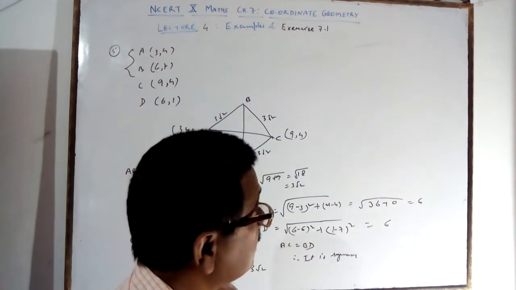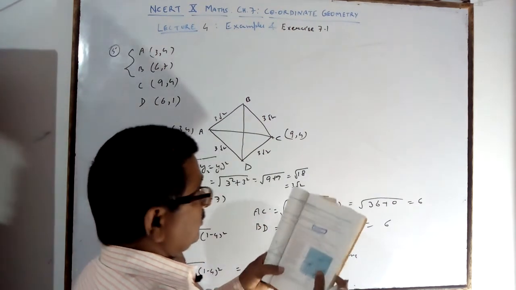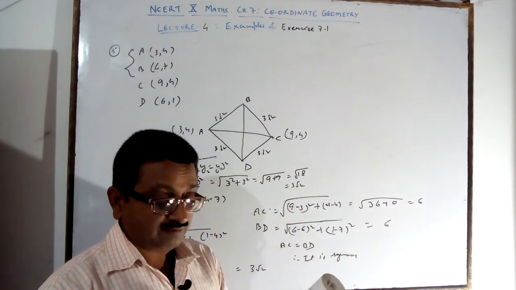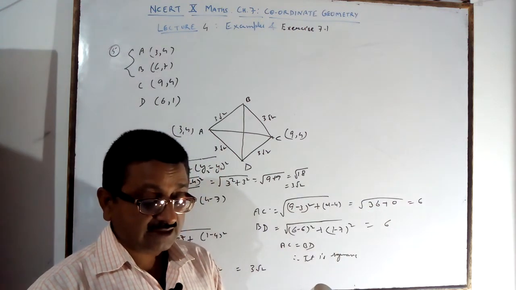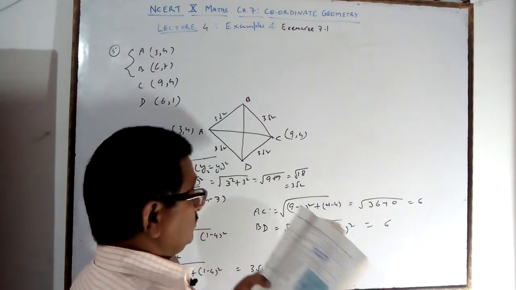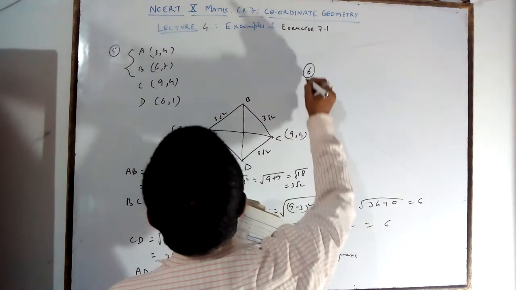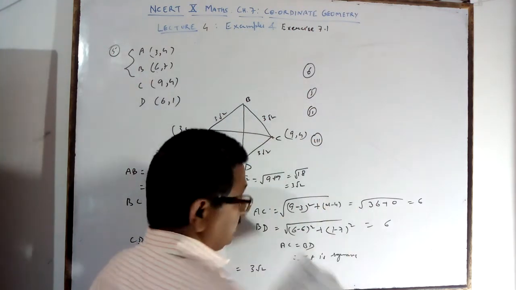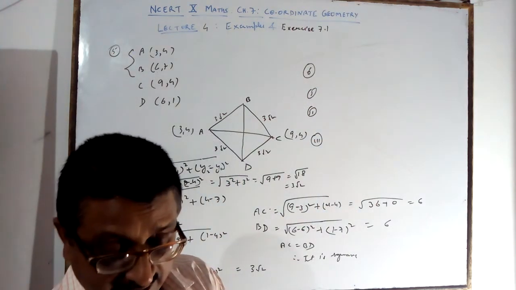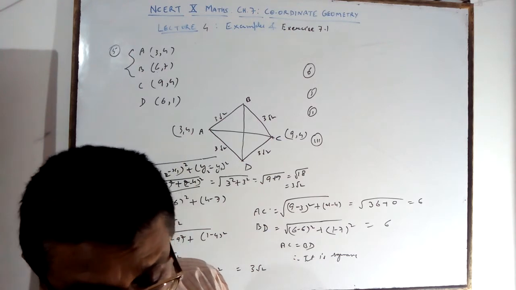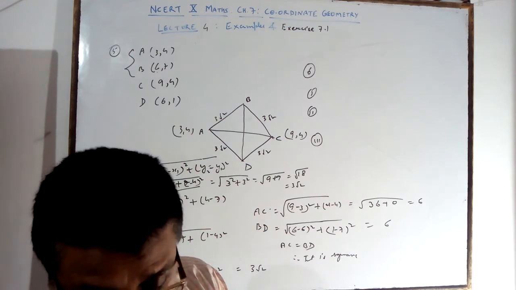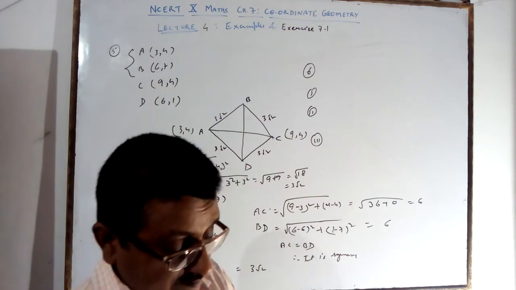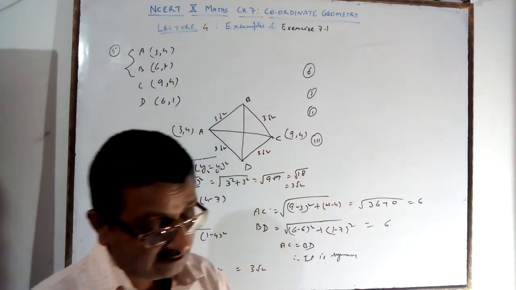Question number 6 is also given based on this. Name the type of quadrilateral formed, if any, by the following points, and give reasons. The points include -1, -2. Here the 6th question is given, with first part, second part and third part. You are getting questions on this. Question number 6 you will see.